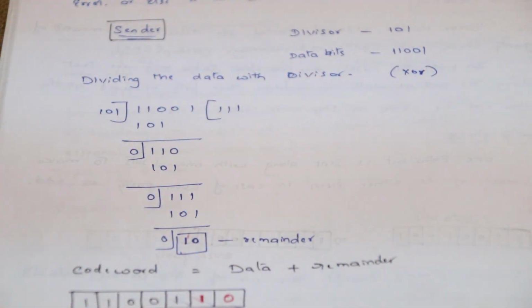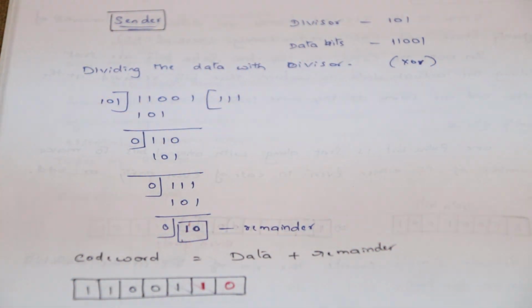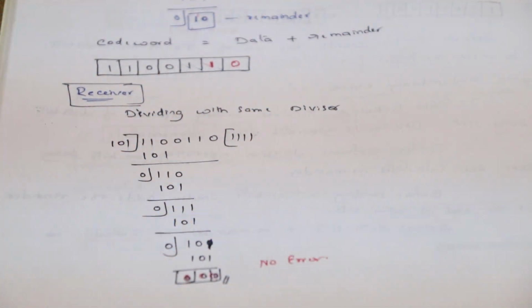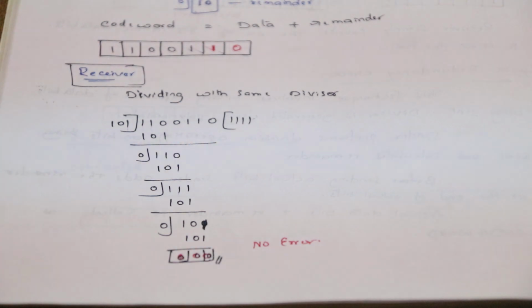And coming to identification of the error at the receiving end. If the same data is transmitted to the receiver side, you have the same calculation at the receiver end. In this example, the receiver has received the data frame which has arrived from the sender. The divisor is something which is known to both the sender and receiver. So the receiver will again perform the same division operation on the data received with the same divisor. And I told you that the division operation is simply an XOR operation.